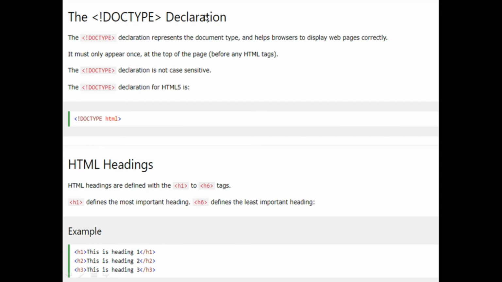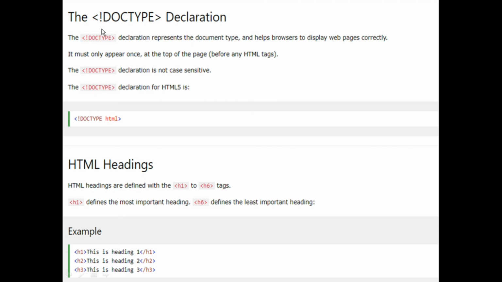The doctype declaration, as we know, tells us which document we are going to write, whether it is HTML, XML, or something like that. Whichever markup language you are using, you have to write that beside the doctype. It helps the browser to display web pages correctly. It must only appear once at the top of the page.